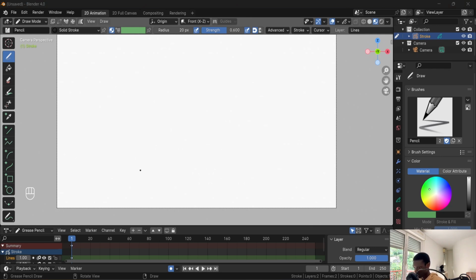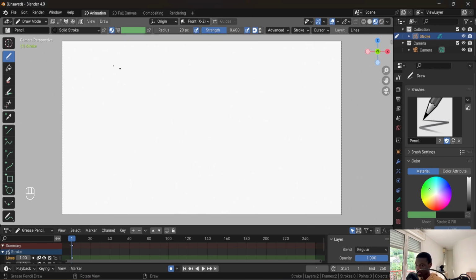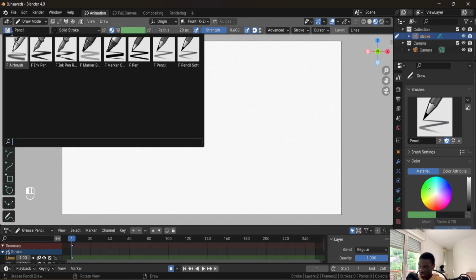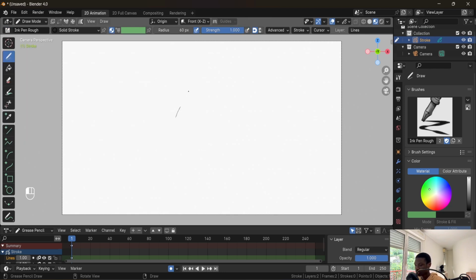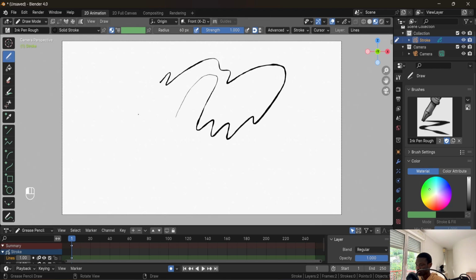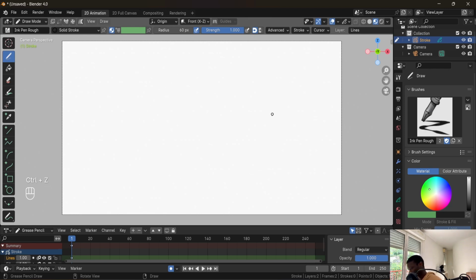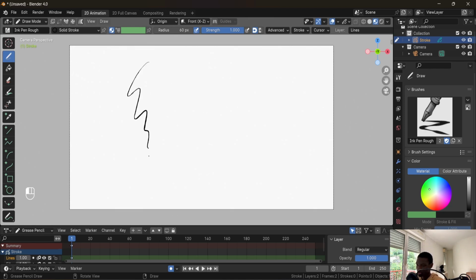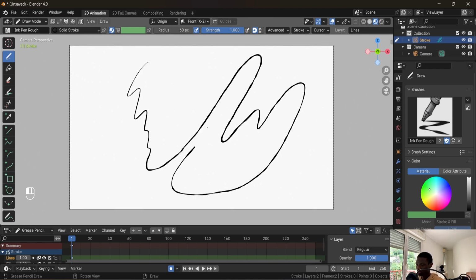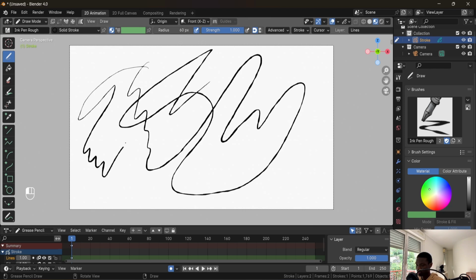Okay, so now let's take a look at the drawing tools. So like in any software, you have the brushes here, here on this menu you can see all the default brushes you have. So we have like some pencil, some pen and markers. Usually the one I use the most is this one, these two, because they look a little better than the other tools that feel a bit too digital, I would say. This one has a kind of cool shape because it's not consistent. It changes as you add a bit of pressure on the pen, and also just by default it has a